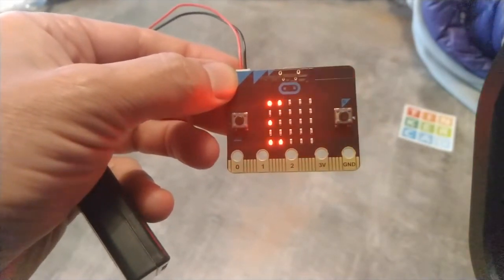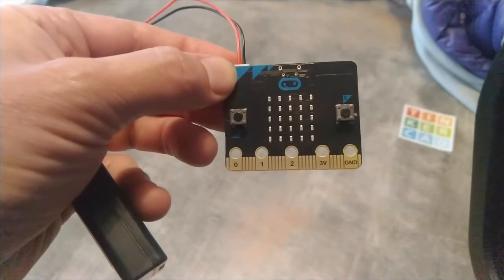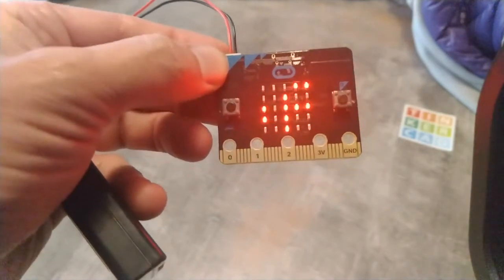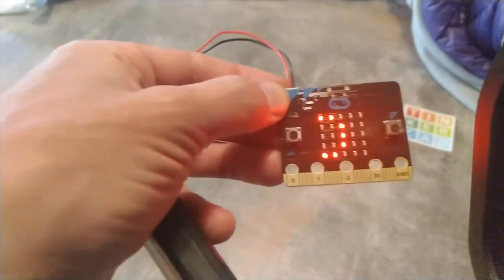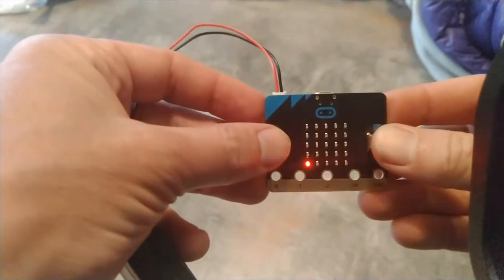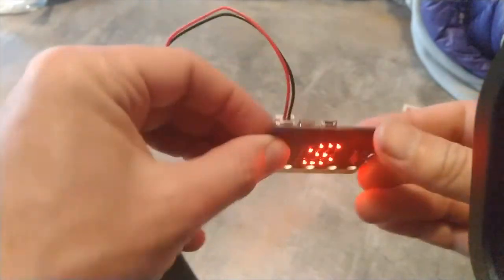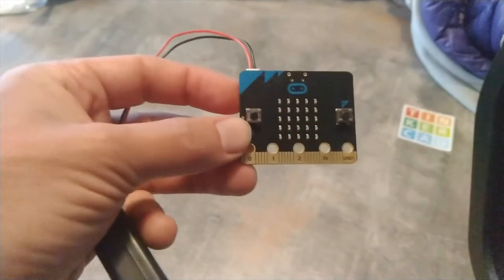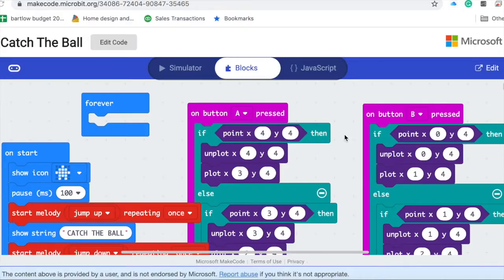Score 5. Yay! And it's just going to repeat that until I click the buttons again or hit the reset button on the back. So if I hit that, then it starts over again. All right, here's a quick run through of how